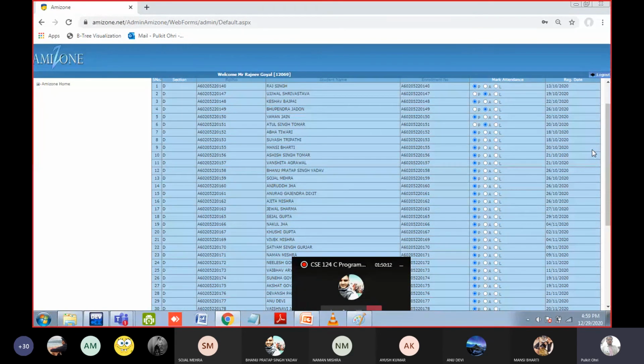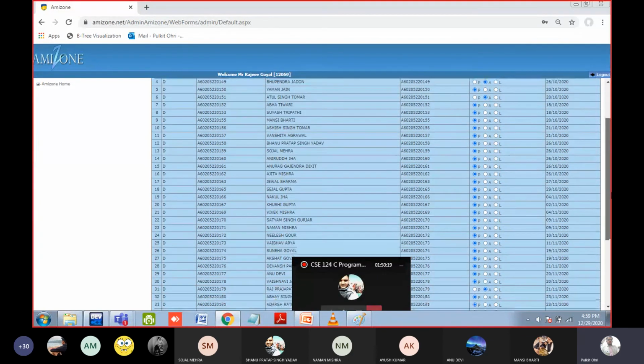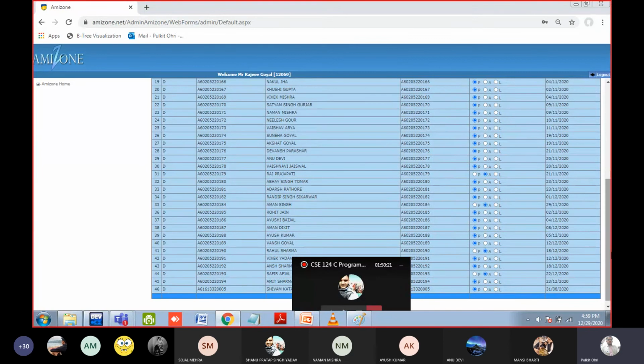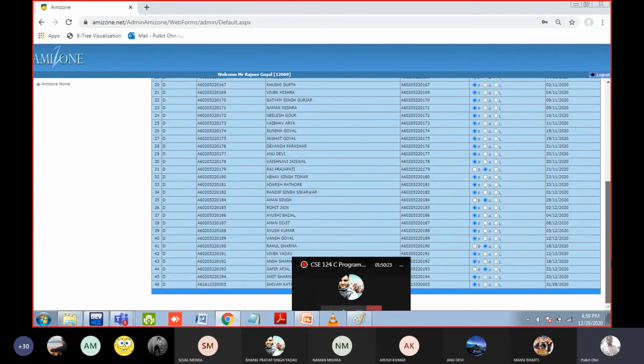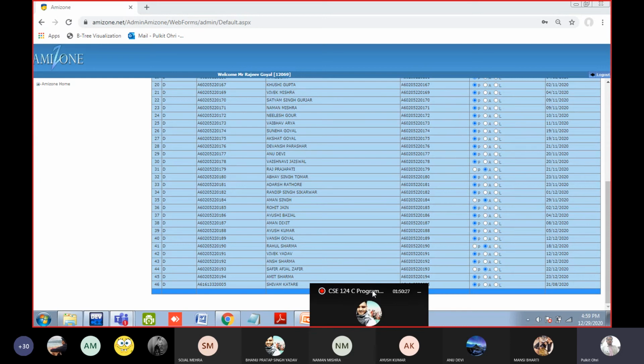Bhupendra is absent. Atul Singh Tomar is absent. Raj Prajapati is absent. Aman Singh is absent. Rahul Sharma is absent. And finally, Safir is absent. Okay? No issue?